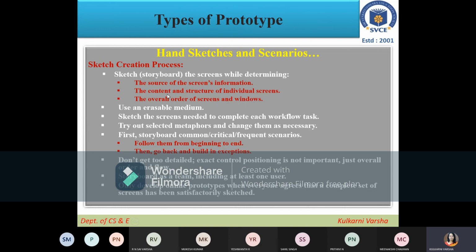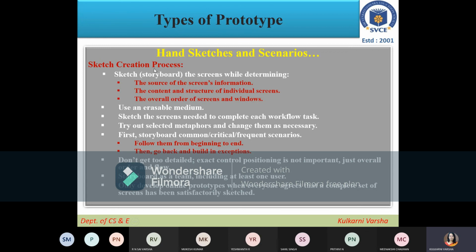So when you develop a storyboard by hand sketching and checking the different scenarios, we should determine the source of screen information: from where this particular data input will come for this particular screen, what will be the contents, how will be the structure of the individual screen, and what should be the order of each screen and each window.